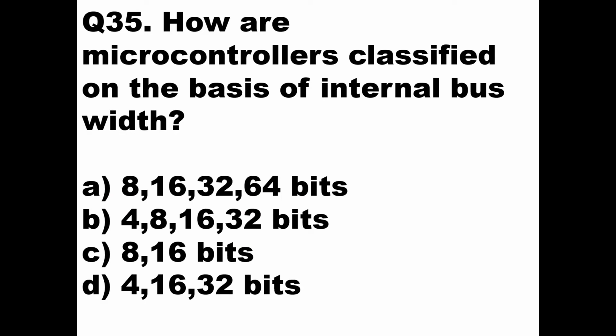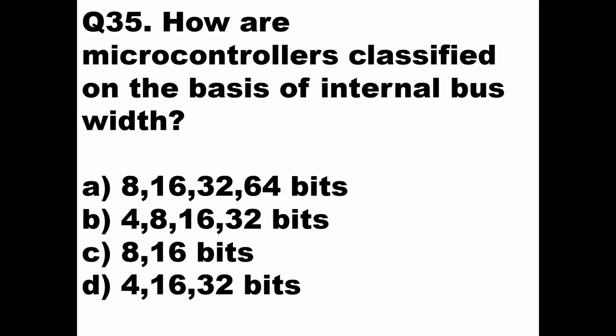Now if you see here in these options, option B says there is a 4-bit microcontroller, 8-bit microcontroller, 16-bit microcontroller, 32-bit microcontroller. This order is the right one, because earlier we had a 4-bit microcontroller, which would handle a nibble of 4 bits. Then came a byte of 8 bits. Then came a double byte of 16 bits. And then came 32 bits of 4 bytes. Clear? And afterwards the advanced 64 and all will continue.